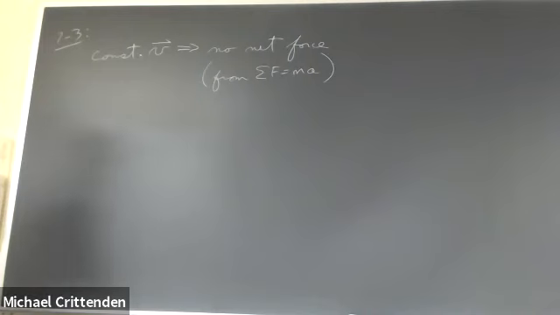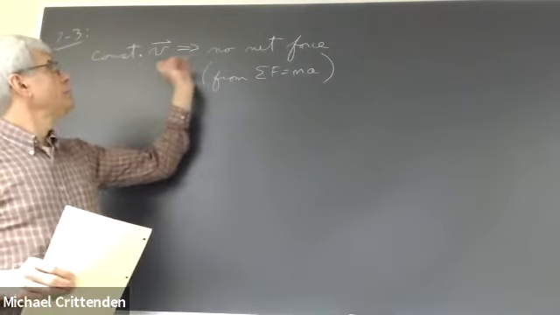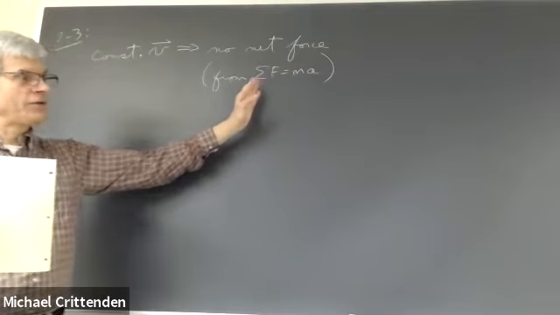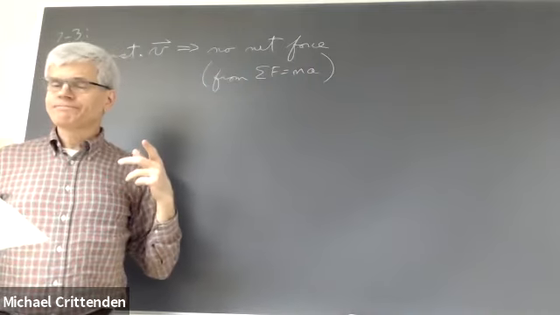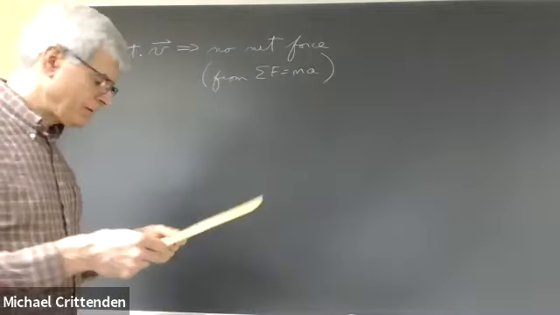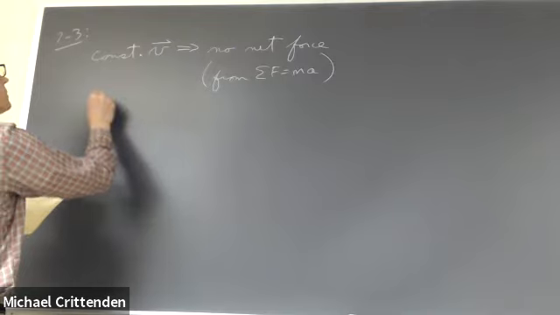Thinking back well into the earlier part of the fall semester, if something's going to have a constant velocity, that means there's no net force on it, okay? Newton's second law. Constant velocity means no acceleration. If A is 0, the net force is 0. So what this problem wants us to do is set the F in the Lorentz force equation equal to 0 and solve for E. So we've got F equals